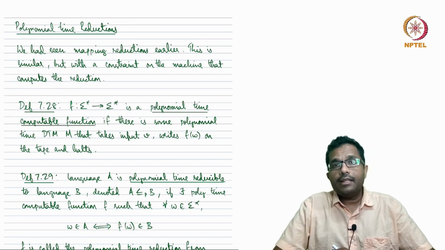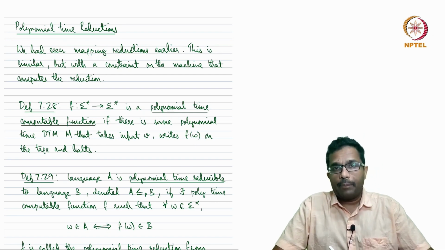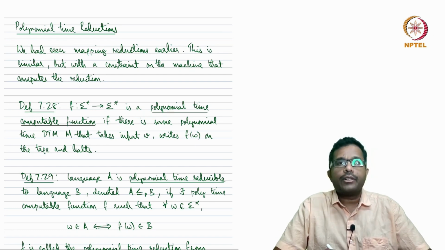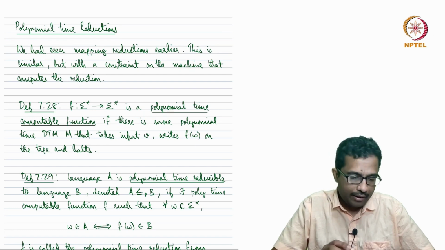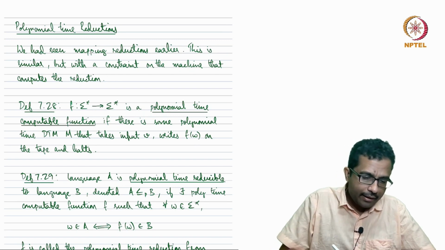We have already seen reductions earlier, in chapter 5, mapping reductions or many one reductions. This is similar but with a different constraint on the machine that computes a reduction. So what is a reduction? First I am going to define